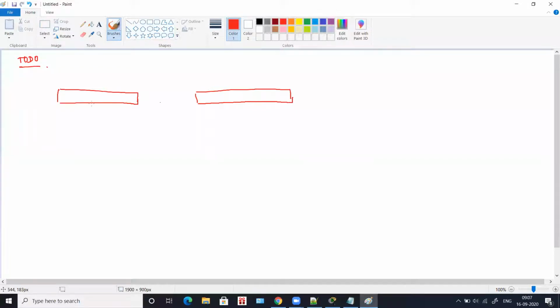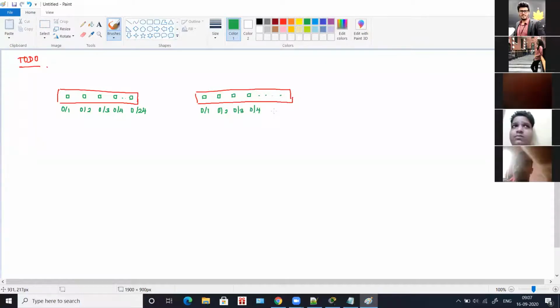Now in these two switches you will have ports: 0/1, 0/2, 0/3, 0/4, up to 24. And here you will have 0/1, 0/2, 0/3, 0/4, up to 24.